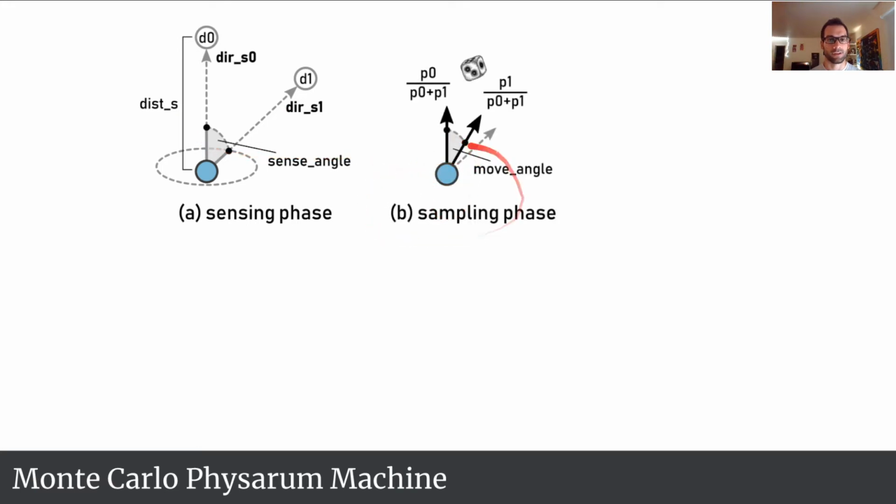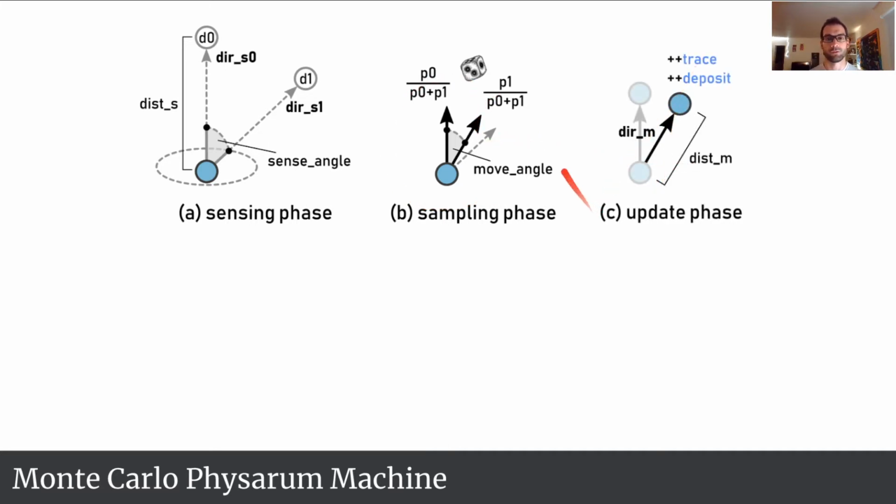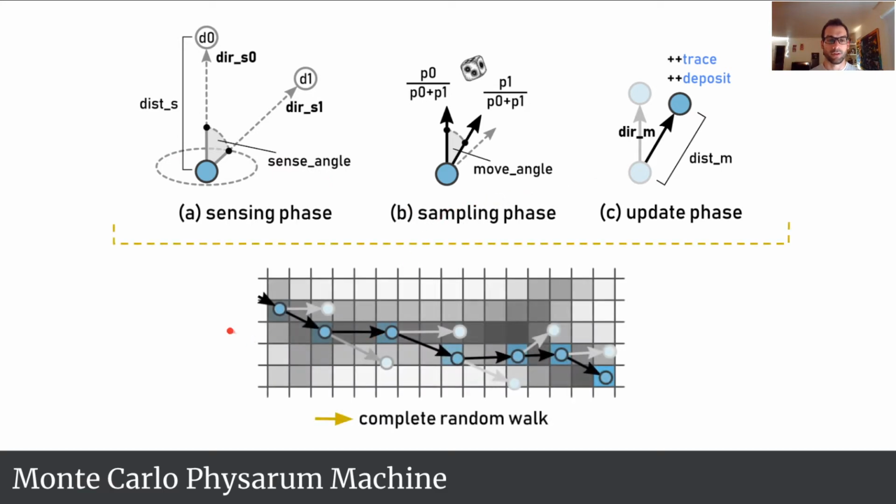Then they sample the environment, basically selecting the direction in which they should move next. And finally, they just move in the direction that they selected based on the sensing. And when you chain these three steps together, what you get is a random walk or a random process, if you will, where an agent here is trying to follow this gray sort of gradient of the chemoattractant in the environment,